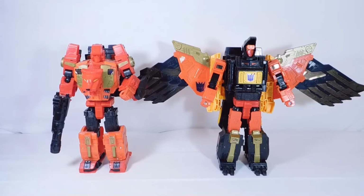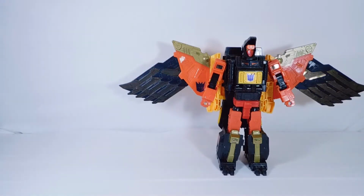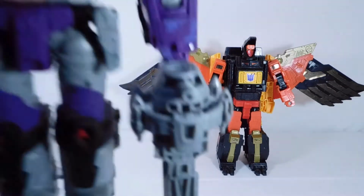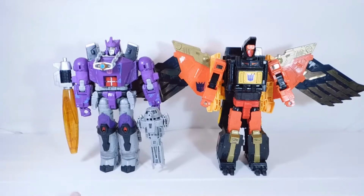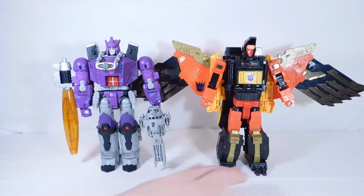And also, as you can see, these figures are quite big. So all these figures in the set are supposed to be about a Voyager-sized figure. Of course, this figure is from several years ago, so I will do a comparison with a modern-day Kingdom figure right now. So I'm just going to move Rampage off to the side. I thought I'd compare him with Galvatron from Kingdom Wave 3 for several reasons, because this is a leader class figure from modern day, and this is a Voyager from several years ago. Also, both these characters are from Season 3 of the G1 show,